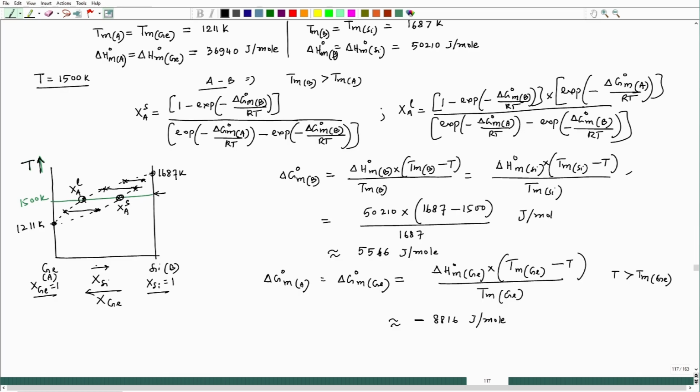So at that temperature, A should be in liquid state. But as per this formula,